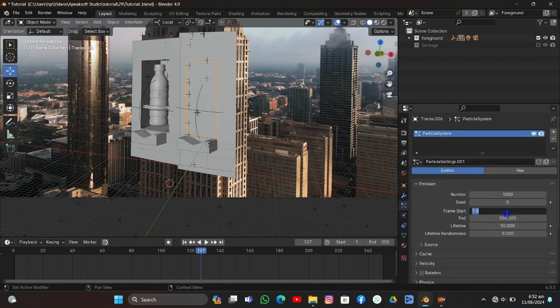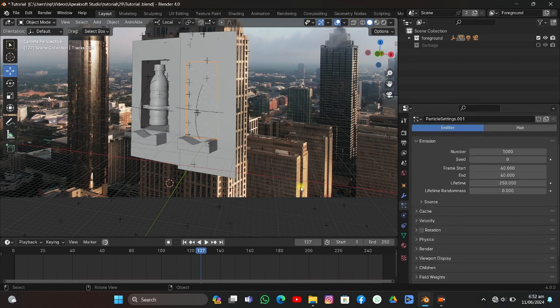Under the frame start, I'm gonna make it something like 20. Maybe I can go for 40, and I'm also gonna make the ending frame something like 40. I'm gonna make the lifetime something like 250. And if I just play it,